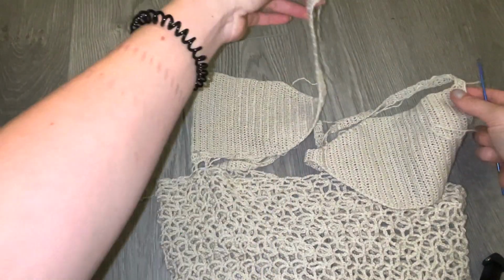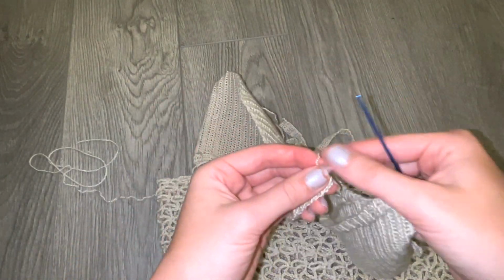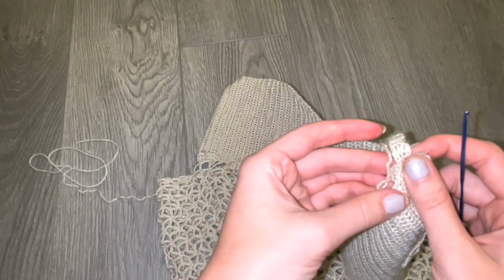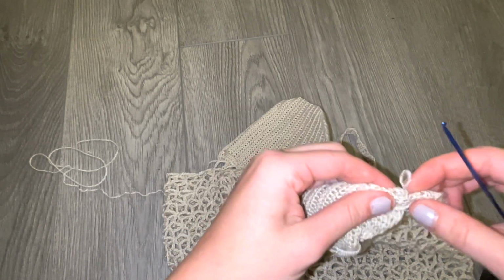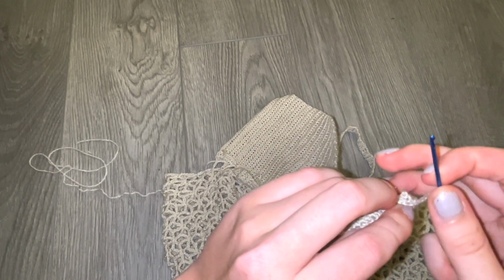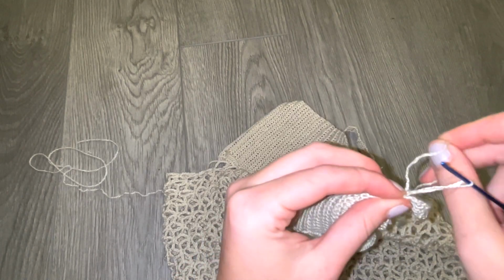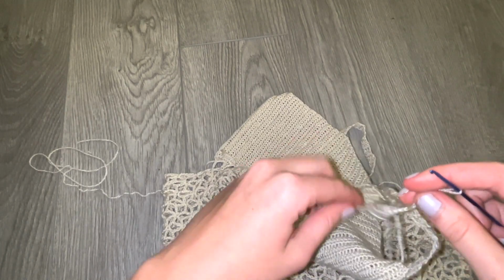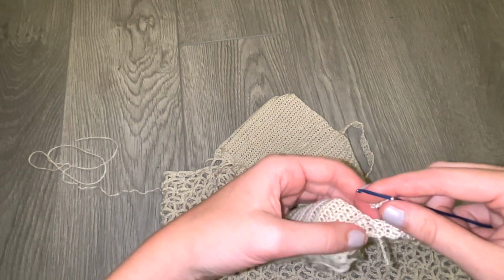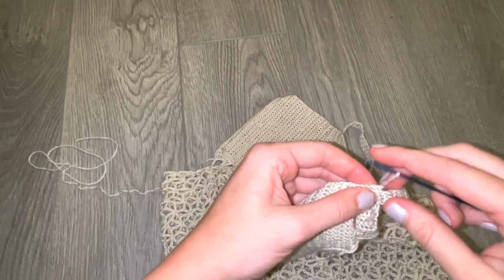So to attach this cup to the strap of this one, I had some extra yarn left over, but you could just make a slip knot and attach them. My yarn left over was just from pulling it apart and making sure that it was the right size. But I'm just going to hold it up against the strap like they're kissing